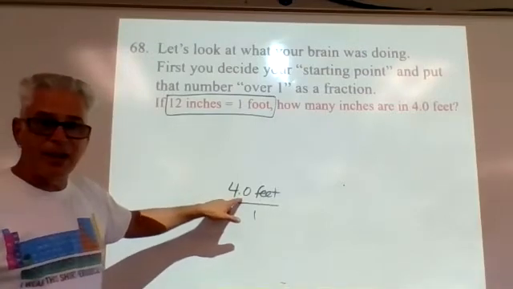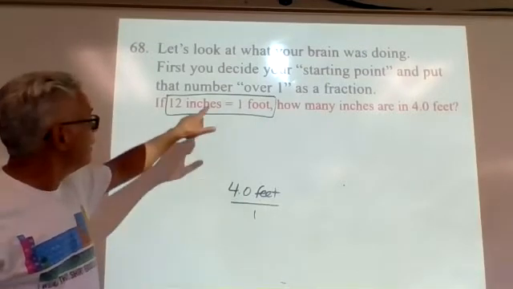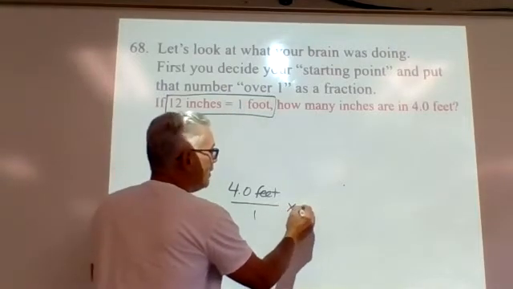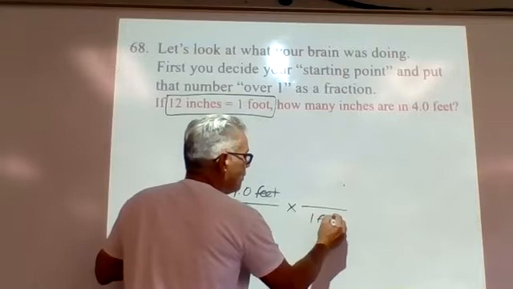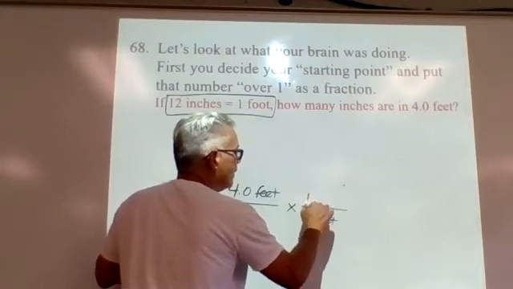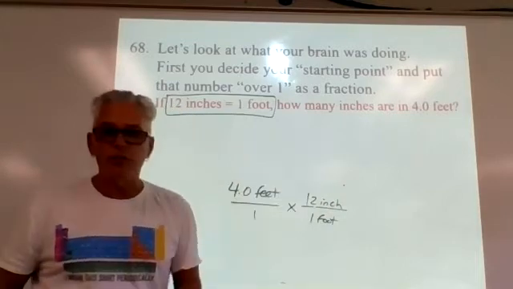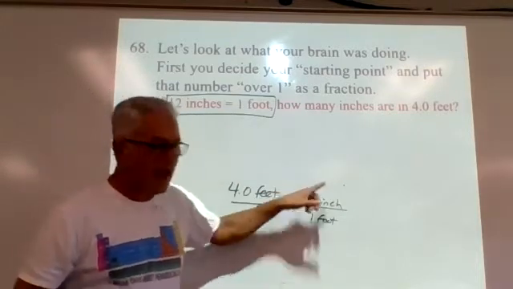Well, if there's feet in the numerator, then we got to put the feet in the denominator. Watch what we're doing here. We're going to multiply this by 1 foot on the bottom, 12 inches on the top. 12 inches equals a foot. This conversion factor